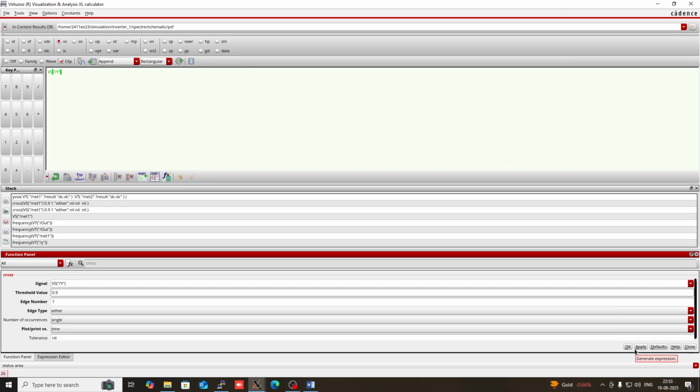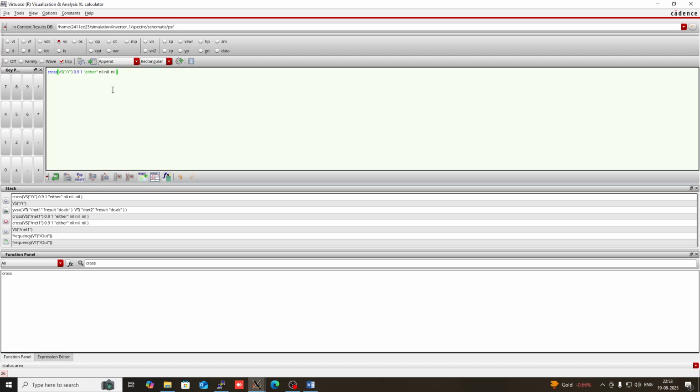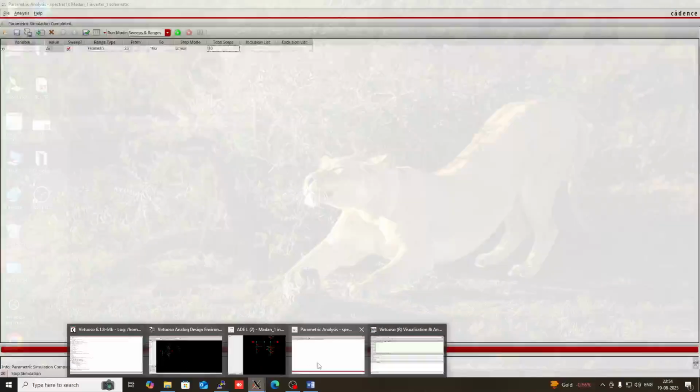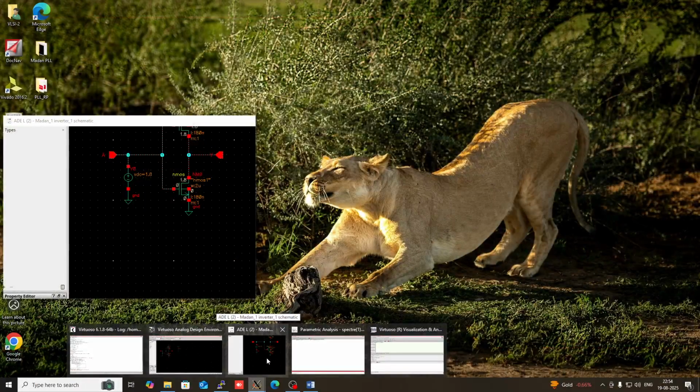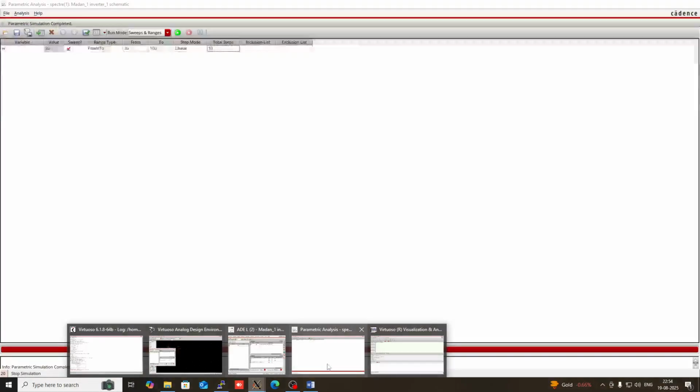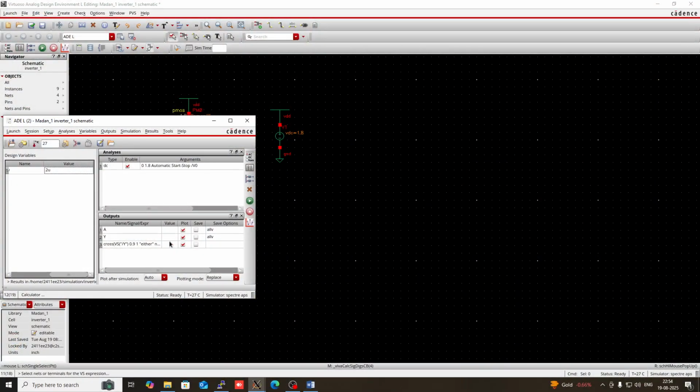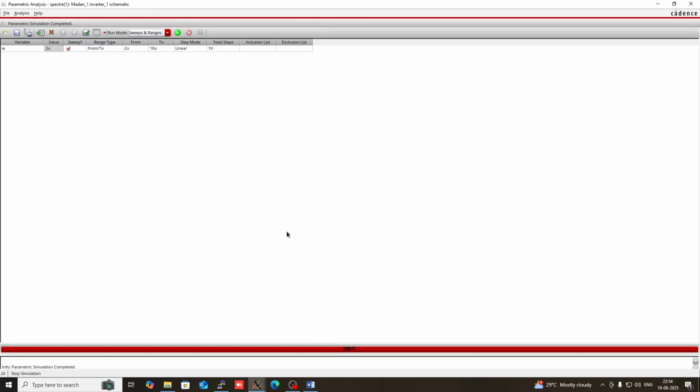So I am going to click on apply, then OK, and after clicking OK, you will get this function here. Then you have to append it, or send it to your ADE L. So click here, it will send this expression to ADE outputs. Click on this, then you will get that in your ADE L window. Where is your ADE L window? Yeah, I think this one. So here you will get these expressions. Now this time uncheck these two plots and only check this one, then go to parametric analysis and then run. Okay,